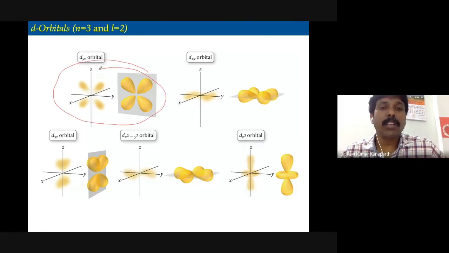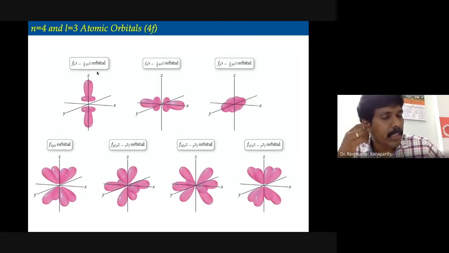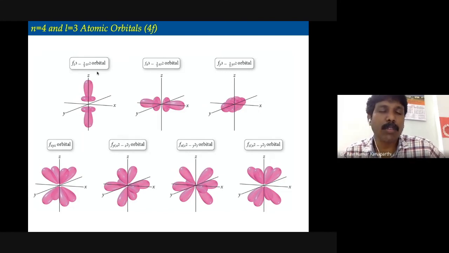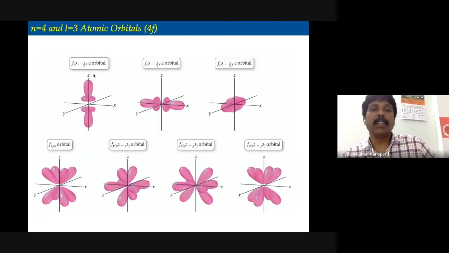So these orbitals are something that you have already learned, so I don't want to discuss further. We will proceed. We will not discuss the other orbitals, how to plot and all, but they are plotted in this fashion. So please remember that. When you try to plot the other spherical harmonics, you get this particular type of thing.